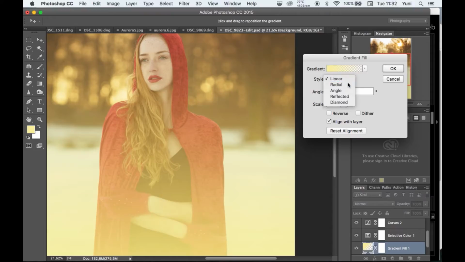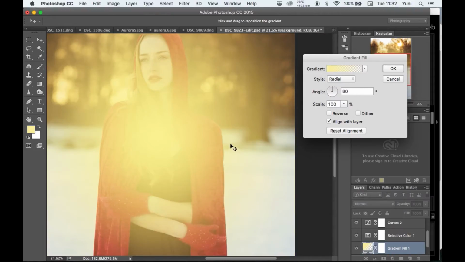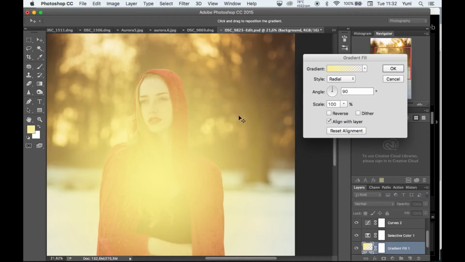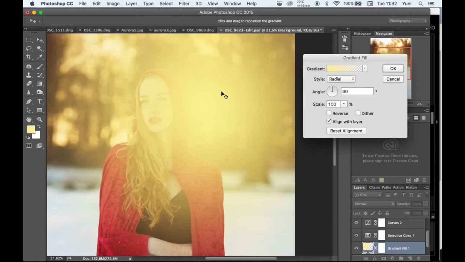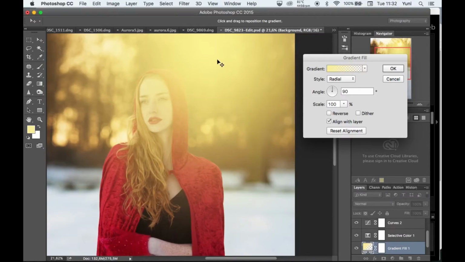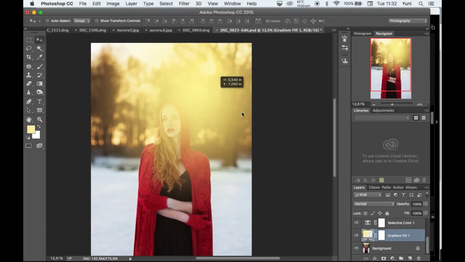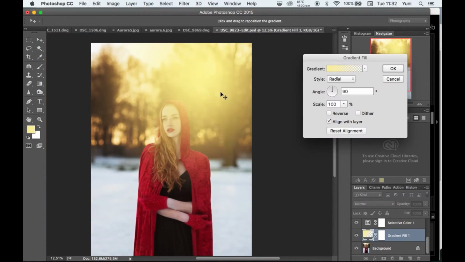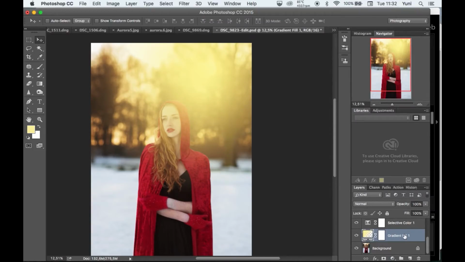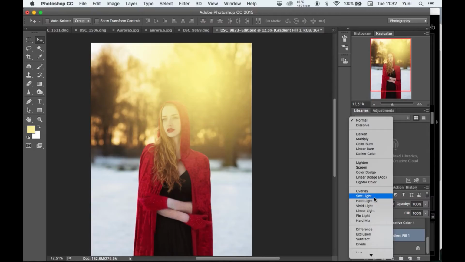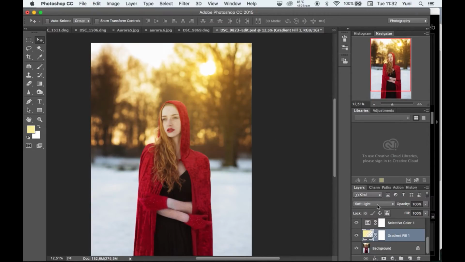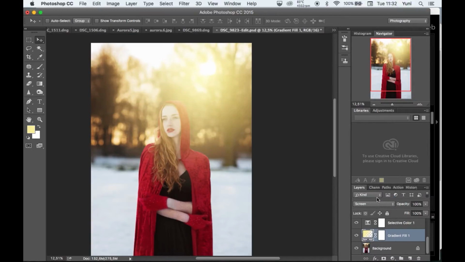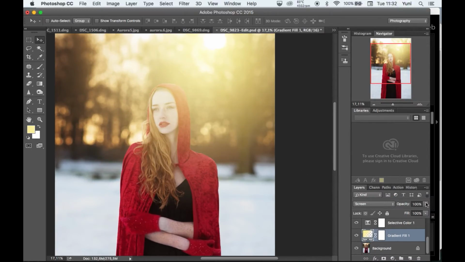So you have this style on, put it on radial, so it's nice round, and just put it around here. I think it's too much, a bit like this. And you can also change the blending mode into soft light if you think it's too much, or screen. But if it's too much light, you can always get the opacity down like this,